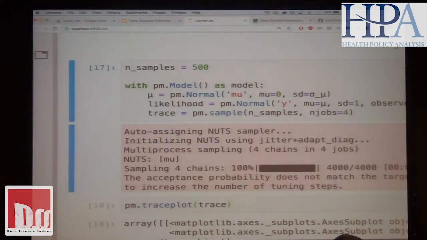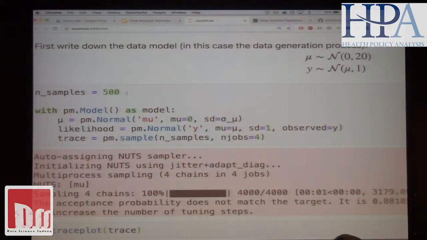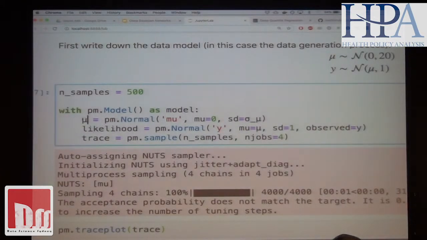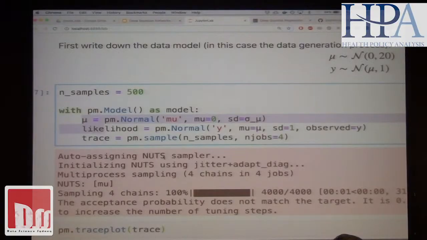Right, so once you write down your mathematical model, you write it down like this. These equations correspond to these 2 lines. The best part about this is that I can just go PM.sample, and it does the maths for you, it samples it for you. Underneath it's using a method called NUTS, which is some HMC method, but the point is you don't need to know about that. You can use it completely out of the box.